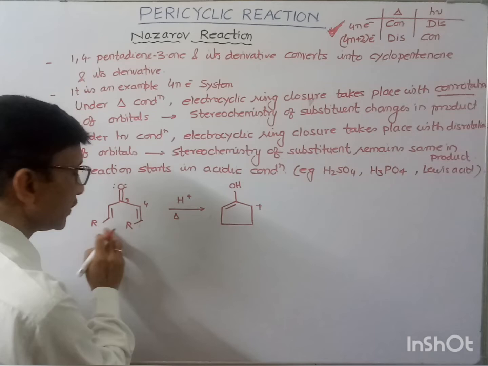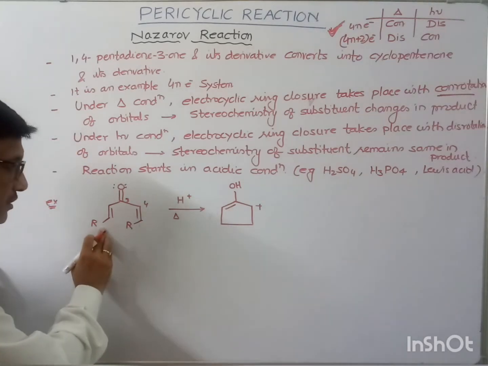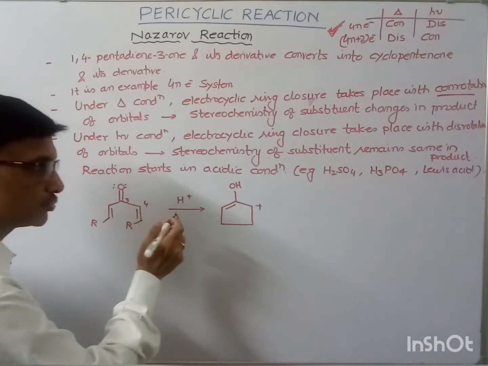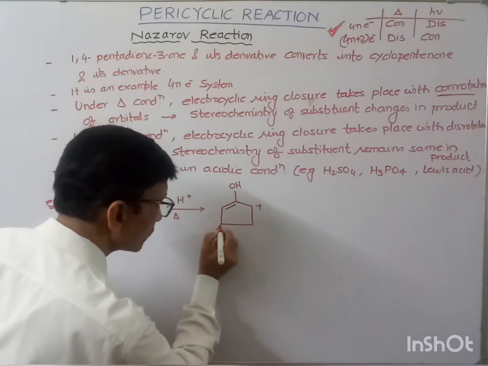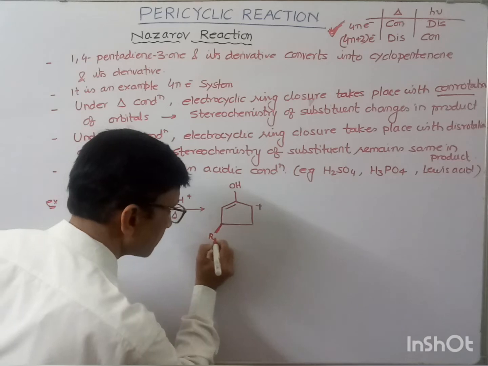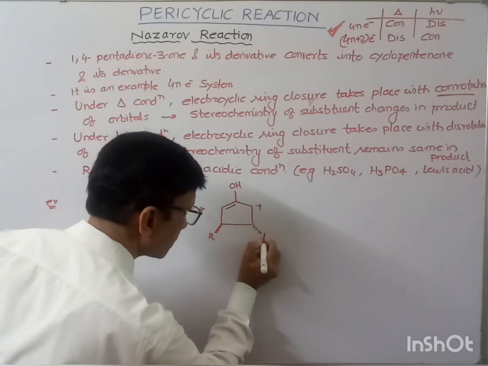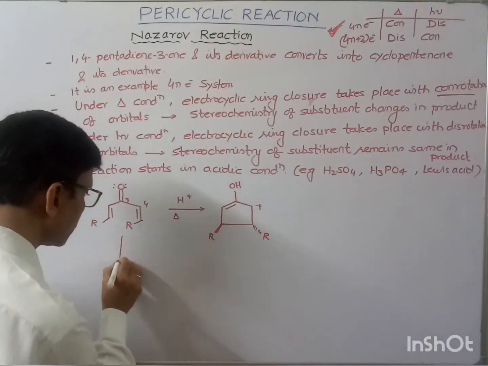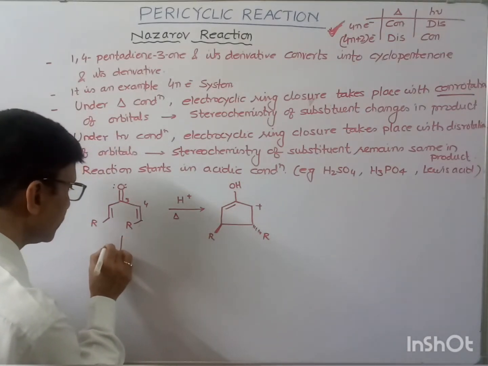So this is trans. So under thermal condition, the trans would be changed into cis. So this would be the product. Okay, and under photochemical condition, the product form would be